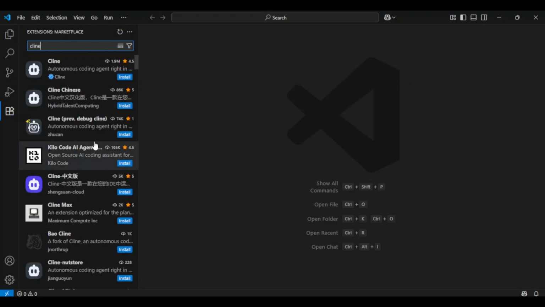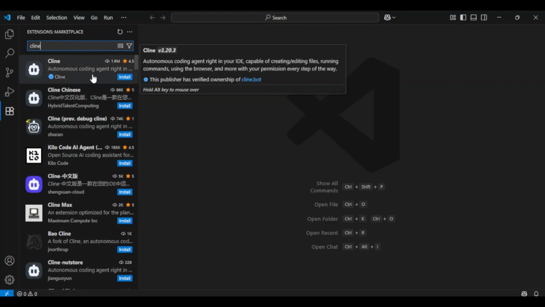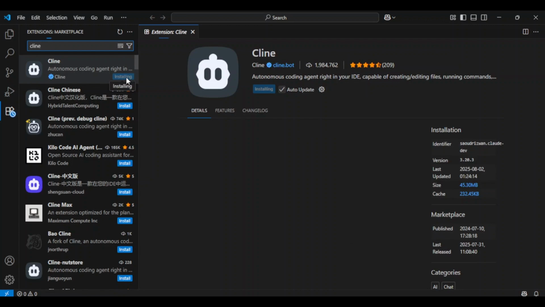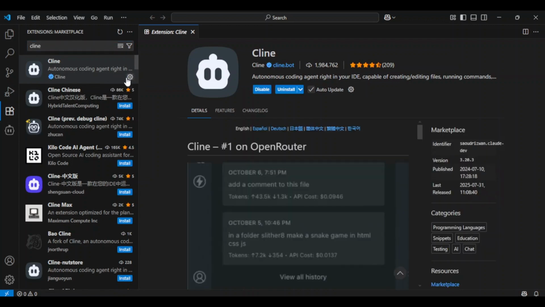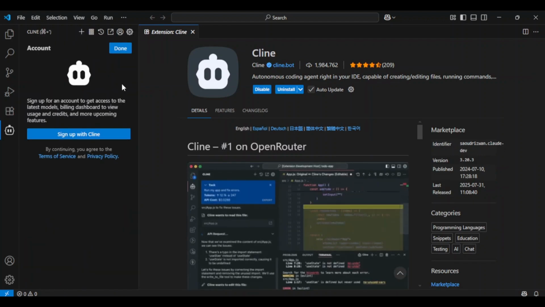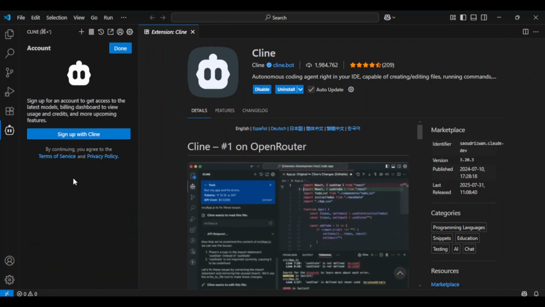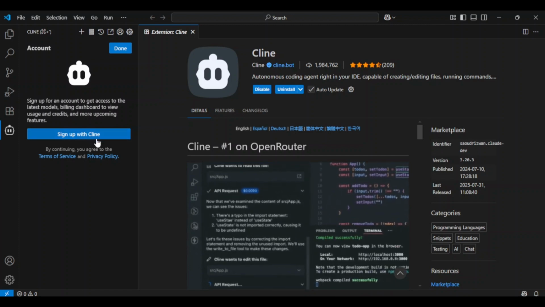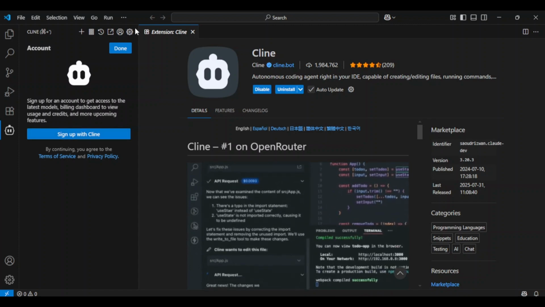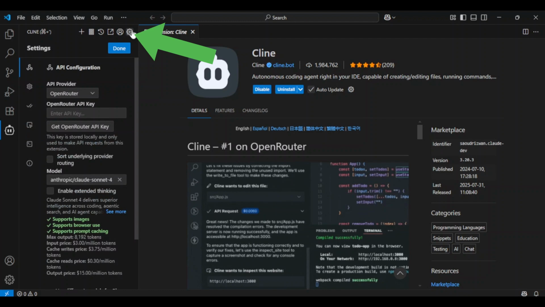As you can see, I have lots of options over here, and what I need to install is the first one, which has a blue tick from Cline. So I'm going to click install right over here, and then Cline will be installed in my VS Code. So I can open Cline by clicking here, and then after Cline is open, you can either select add API key from here, and if your add API key is not available here, you can click on settings,